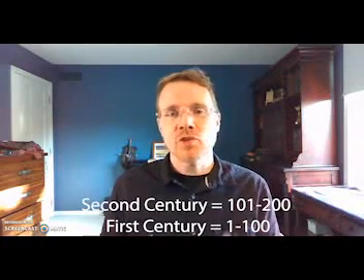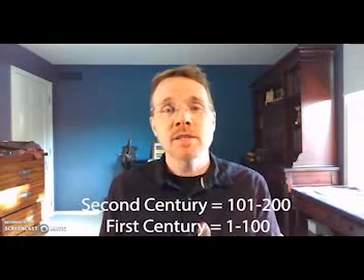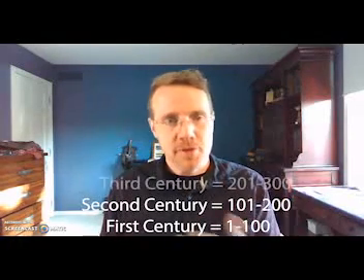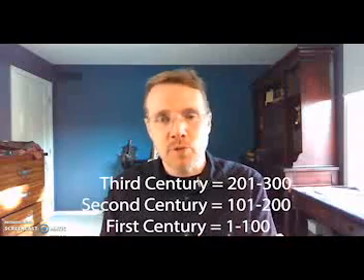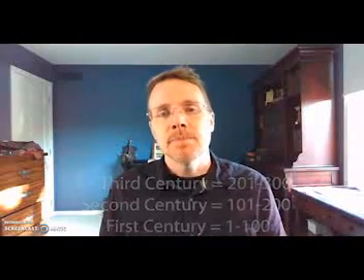So the first century started in year number 1. There was no year 0. So the first century lasted from 1 CE to 100 CE. The second century took place from 101 to 200 CE. The third century lasted from 201 to 300, etc. You would think that the term century would coincide with the number in the hundreds place, but it doesn't. The 5th century refers to the years 401 to 500.